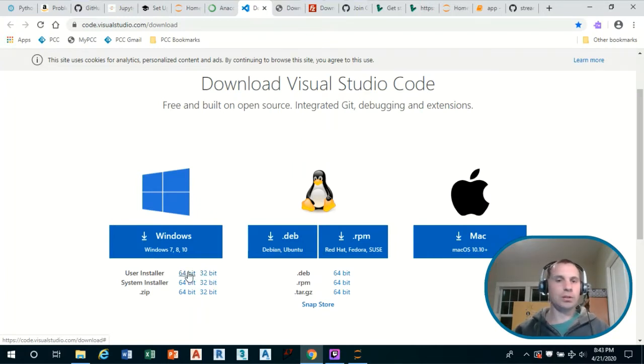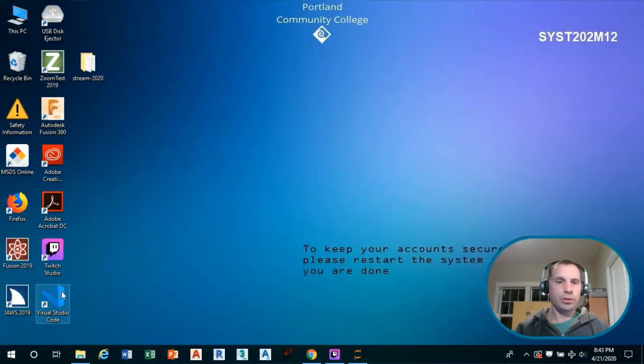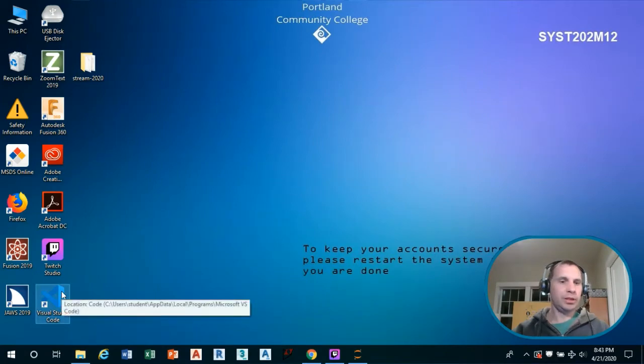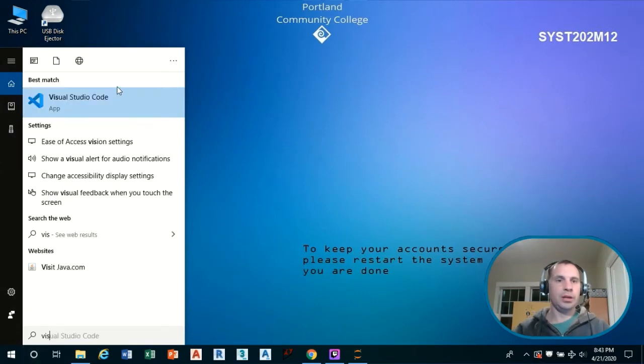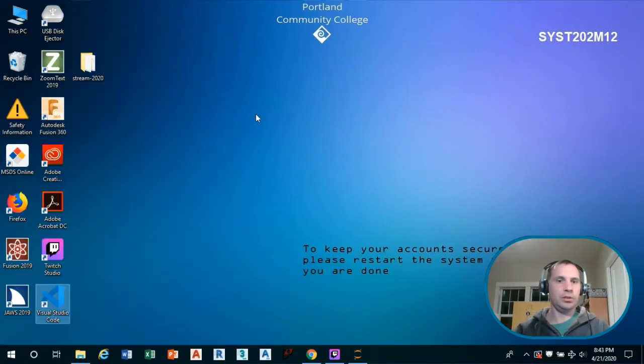Most modern computers are 64-bit. I've already got VS Code or Visual Studio Code installed on my machine. So I'm going to double click the icon here on the desktop, or I could also click the Windows Start menu and type Visual Studio Code in order to bring it up.